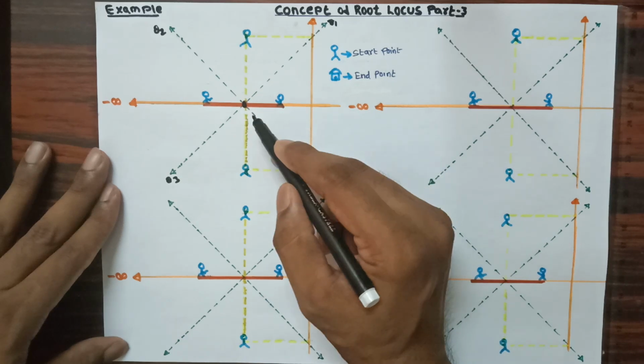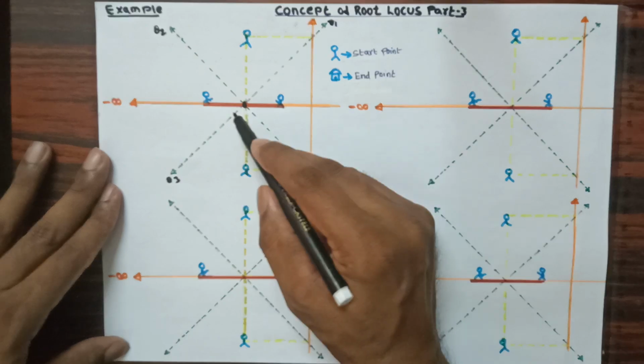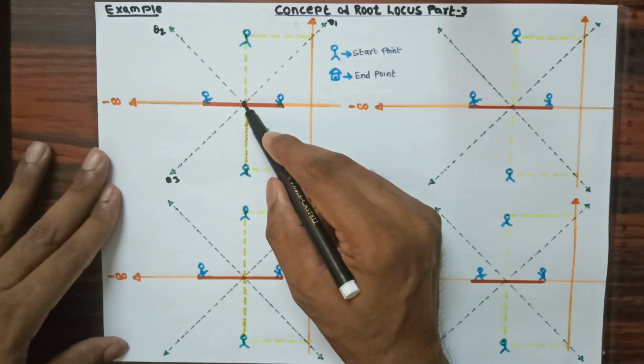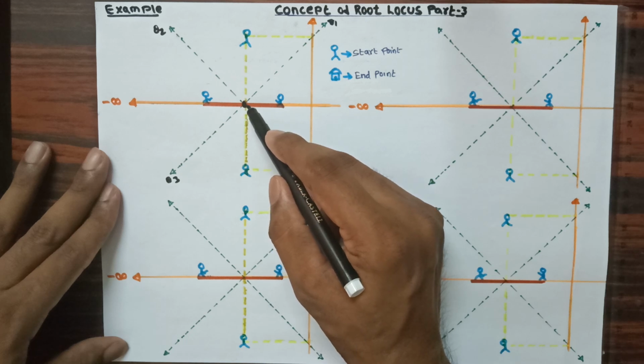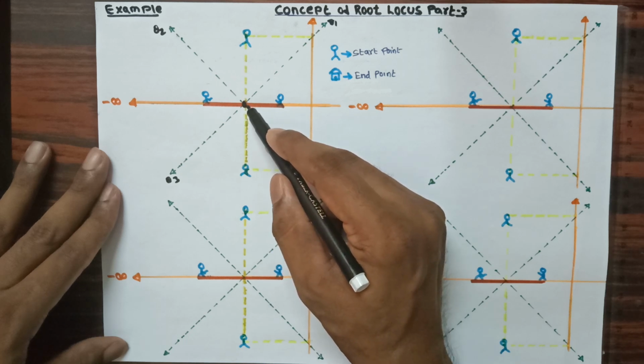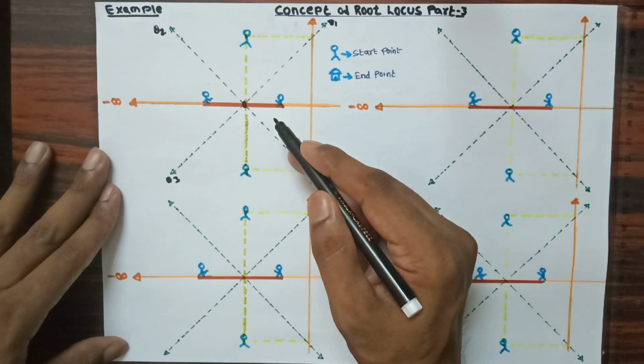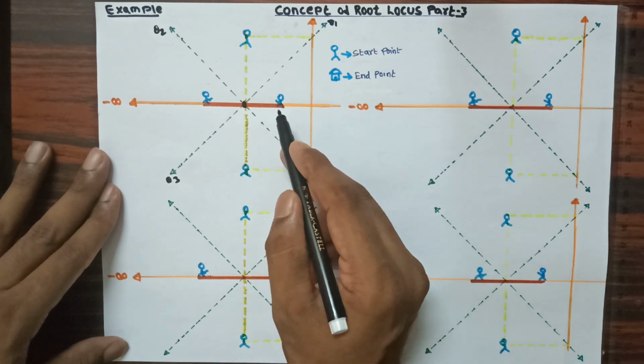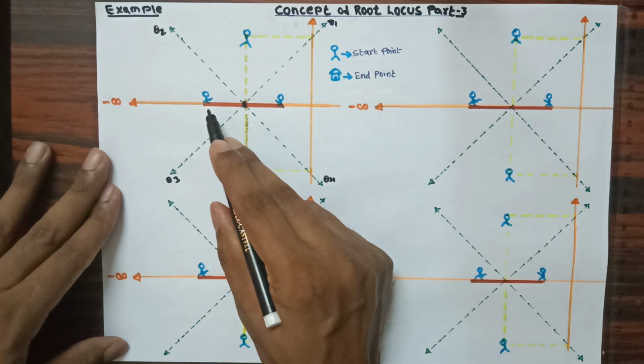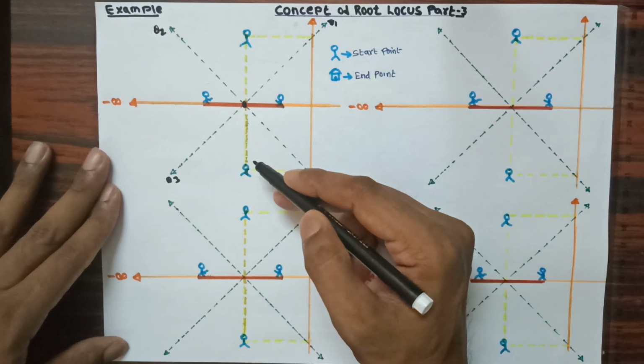To provide these angles, I need to consider a point on the x-axis, and I have considered a point here, and this point we call a centroid. By considering this point on the x-axis, we provide 4 angles to the 4 persons so that they can move towards the infinite destination. In this I have shown 2 persons on the x-axis and 2 persons on the y-axis.